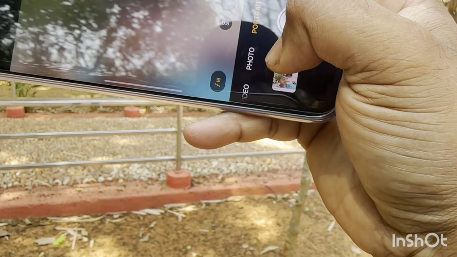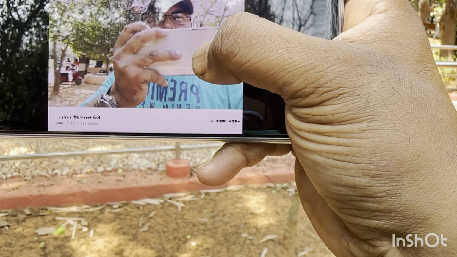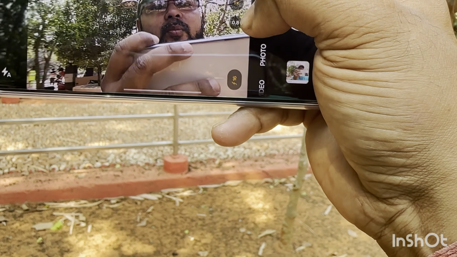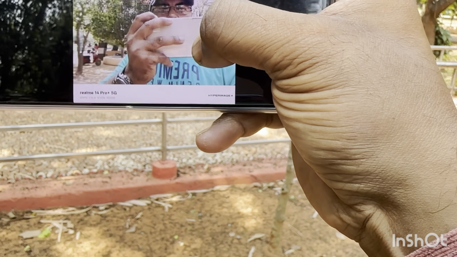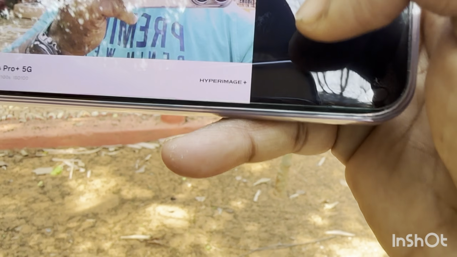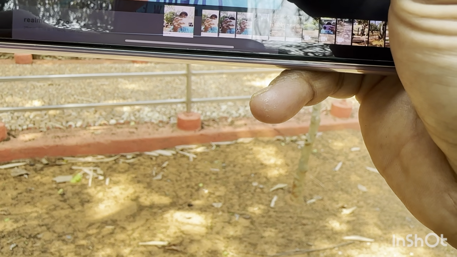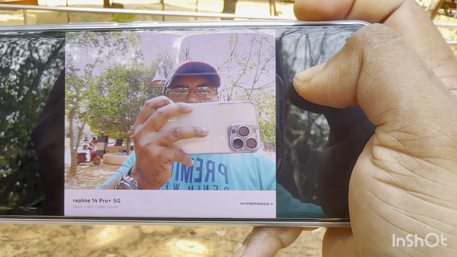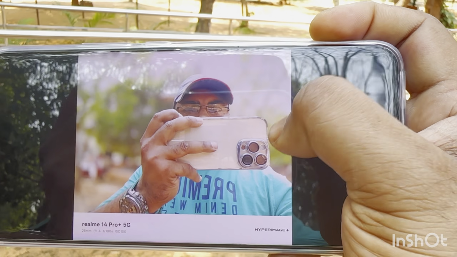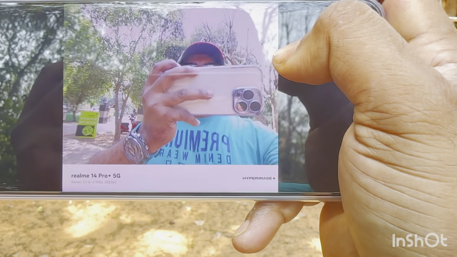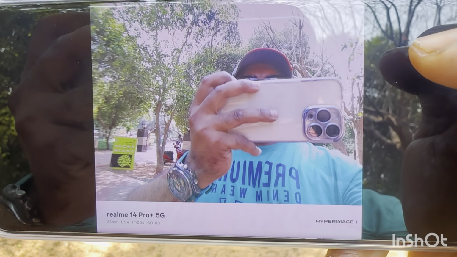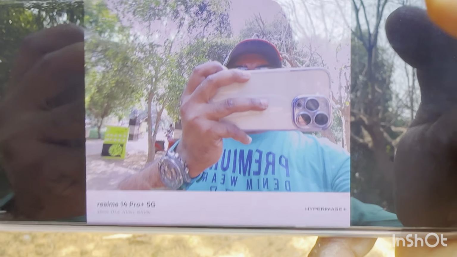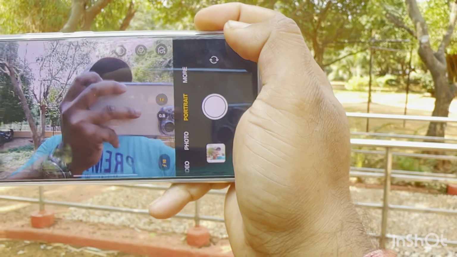I have taken one photo, you can see. So let me change the background blur effect, that is, change to portrait mode. You can see I have one photo in normal mode and one in high intensity portrait mode, that is background blur. You can edit it by sliding the slider,